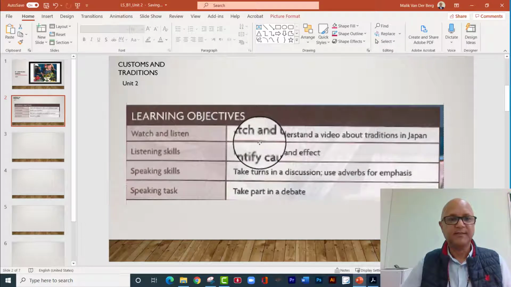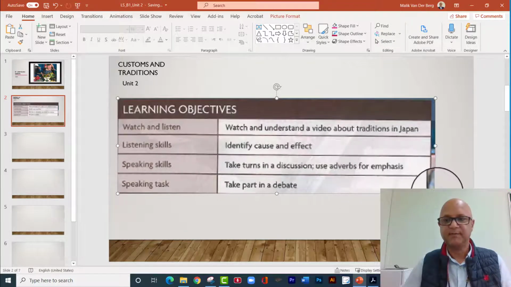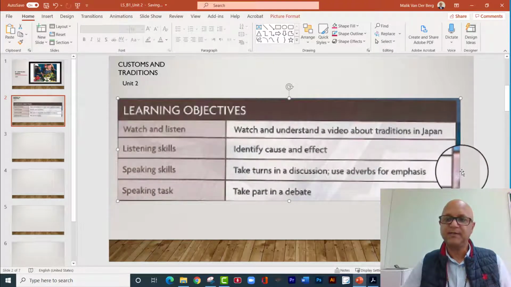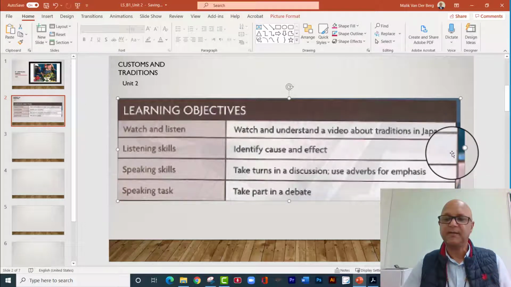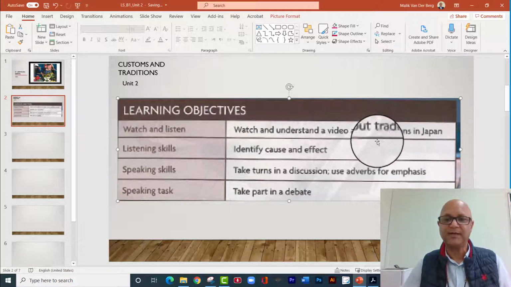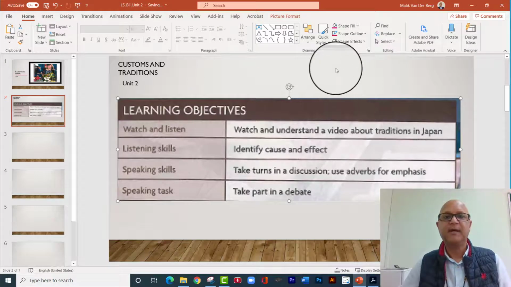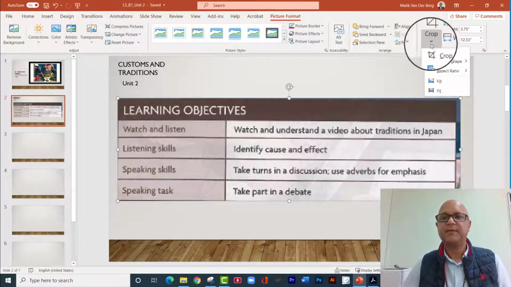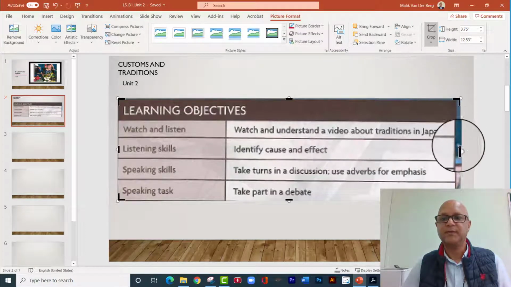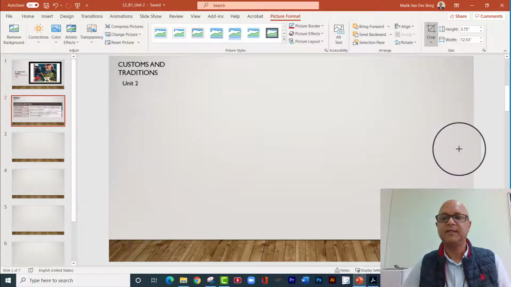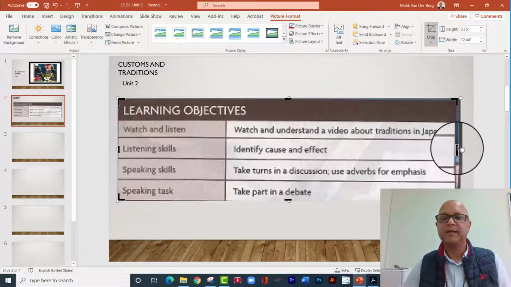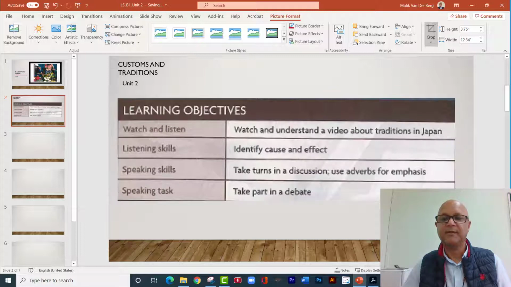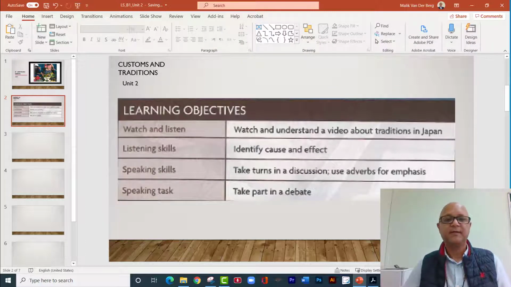So now I can size this a little bit better, and as you can see on this side there is some material that I do not require, so I click on here and then I go to picture format, crop, click on the crop tool, place my cursor in here and click and drag, and then I click away, and there you have it. So that's quite easy to